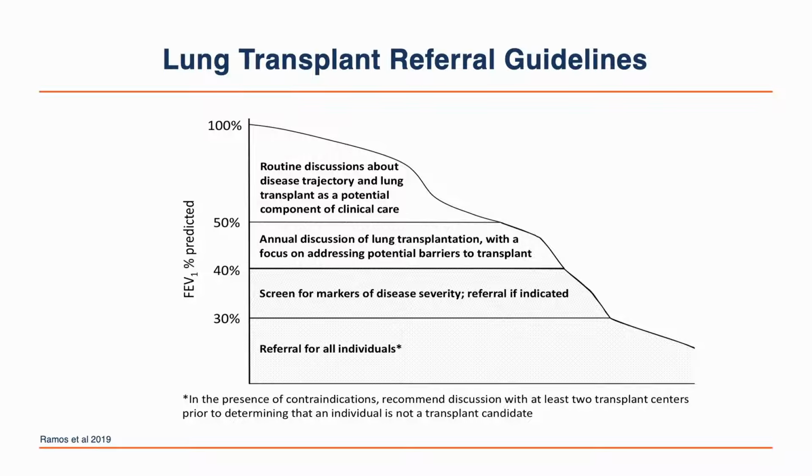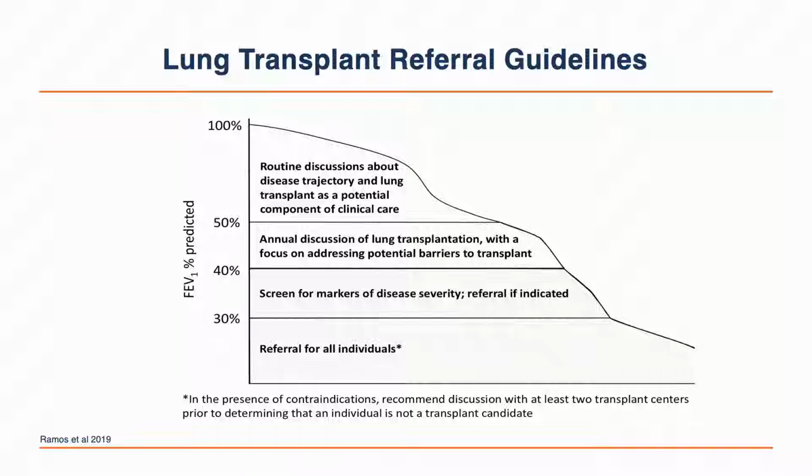These were published in 2019, and this is a figure from that slide. What's shown on the left-hand side is the lung function, FEV1 % predicted, as one goes from 100% down to 30%. And then on the right-hand side, we presented a recommendation for how we should think about transplant as a